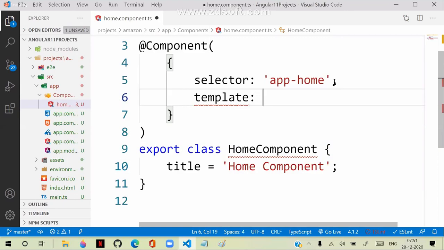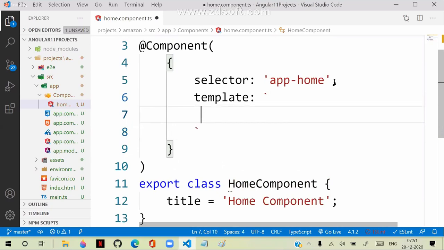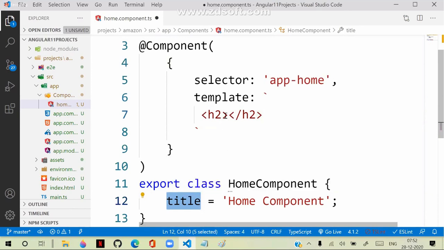Template is used when you are designing everything inline. Here we can design whatever we want. And better, when you are creating a presentation with some dynamic data inside it, use backticks. Already you know in strings we use backticks. Template contains everything in backticks so that I can embed any expression. In heading 2, I'm writing a heading. Here in the heading, I need to access this title and use it.